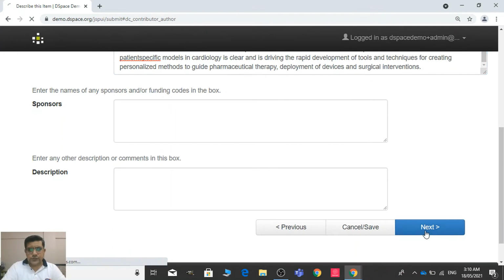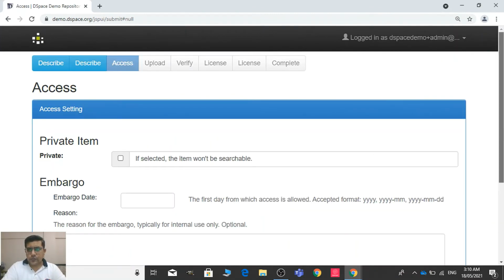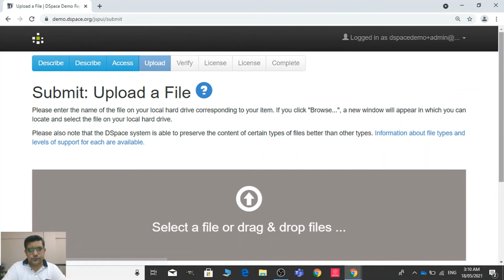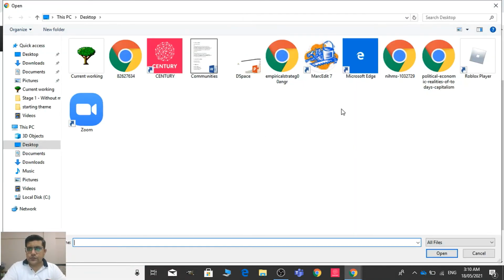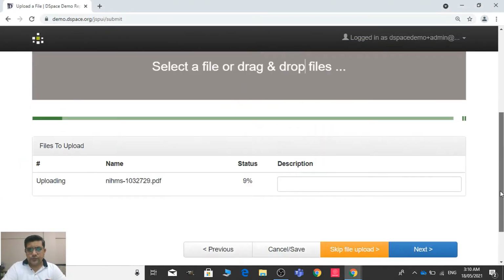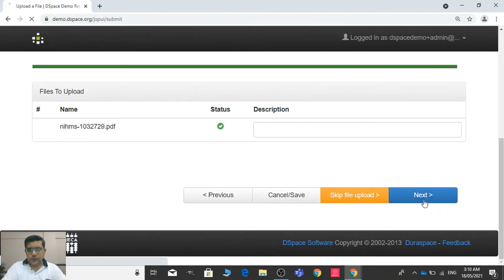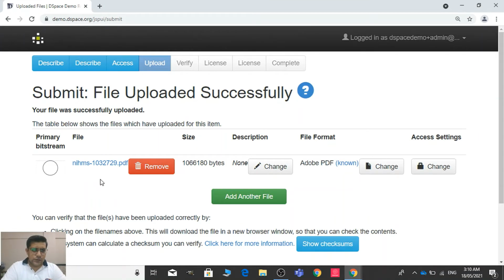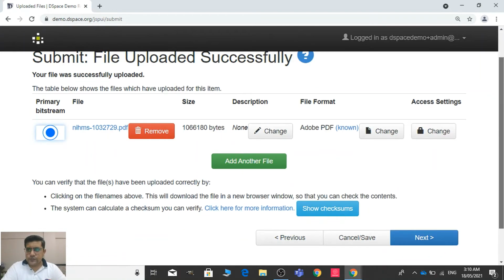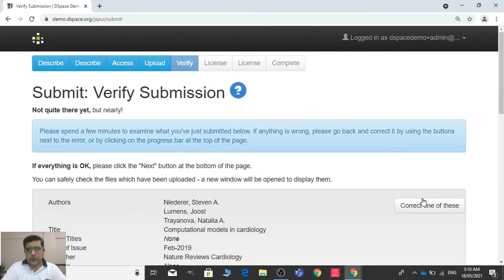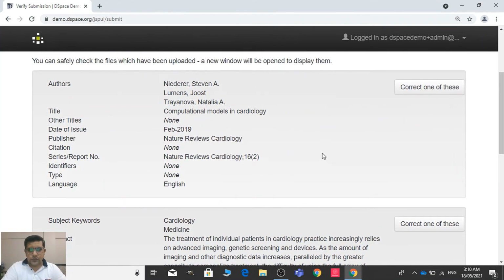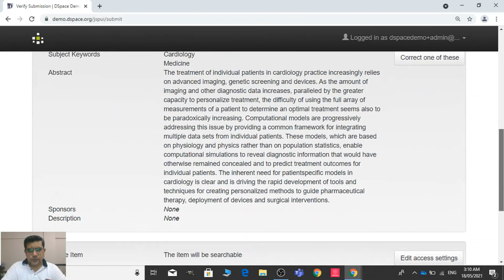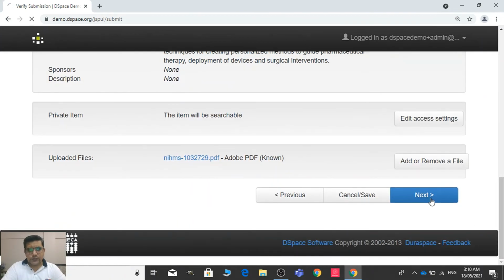Sponsor detail and description. Next, select file and drag. So the file is this one, a PDF file. Next, here's the main bitstream file. Next, and if there are any corrections, we can review them here. Next,